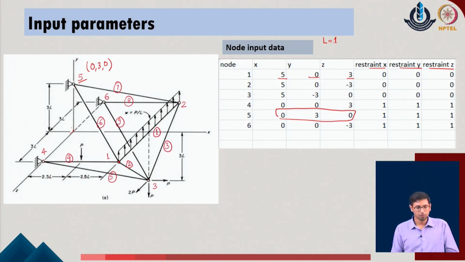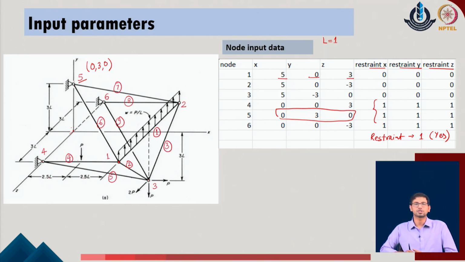So in the case of joint number 4, joint number 5 and joint number 6, we have all the translations fully restrained, whereas all the other nodes are completely free to move. So with this idea, we consider that joints 4, 5 and 6 have been provided with the values of 1, 1, 1 in the joint restraint vector, which means that if the member is restrained, we define it as 1, which means that yes, the member is restrained in the system.